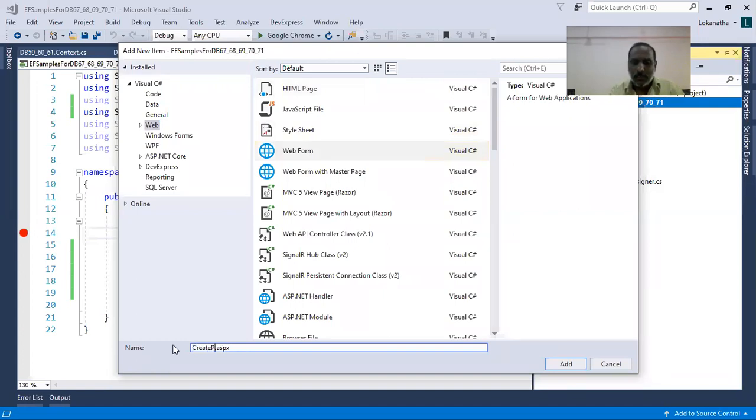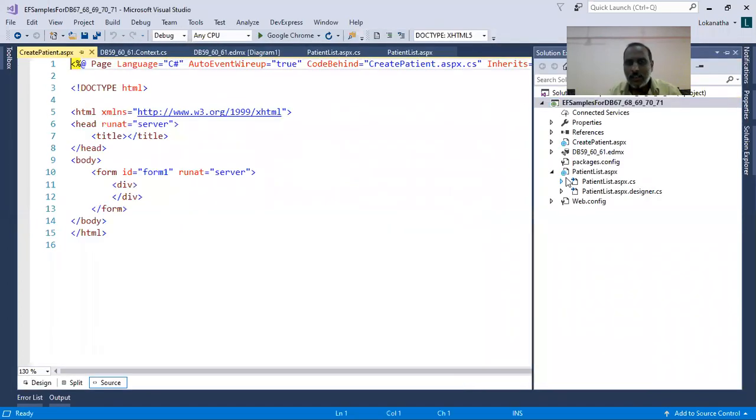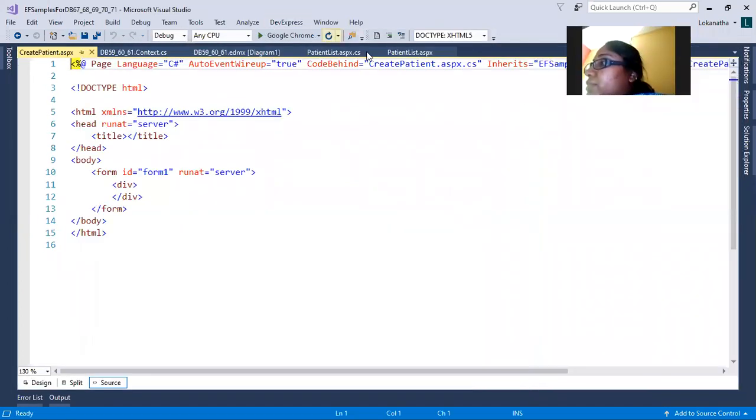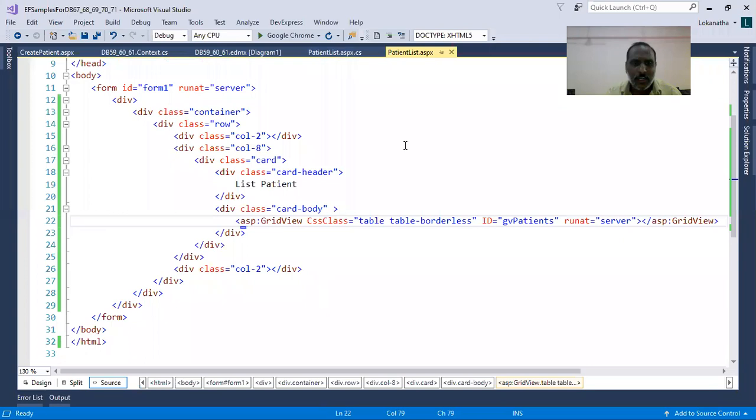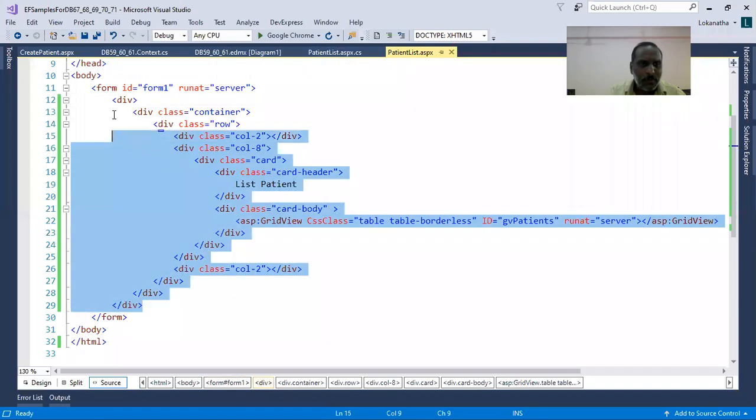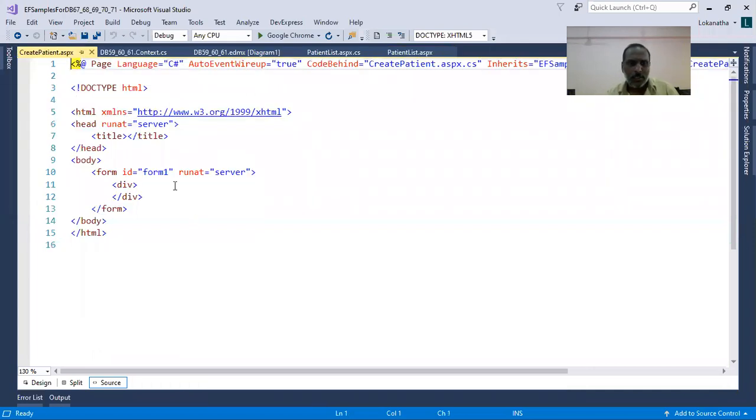Let's say create patient. Click on add. Now the page is created. Now again I will take this container, because I'll get a good looking UI. So I'll just copy paste here.